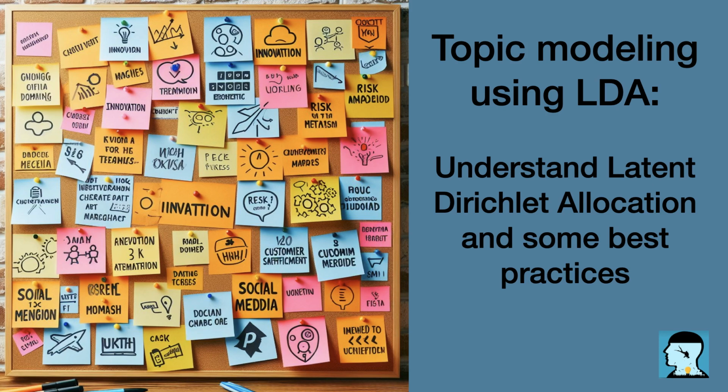To achieve this, LDA uses a set of hyperparameters. These include the number of topics to be modeled, K, an initial understanding of the distribution of topics in each document, alpha, and an initial understanding of the distribution of words in each topic, beta. LDA then iteratively adjusts these hyperparameters using a technique called Gibbs sampling or variational inference, to find the best fit